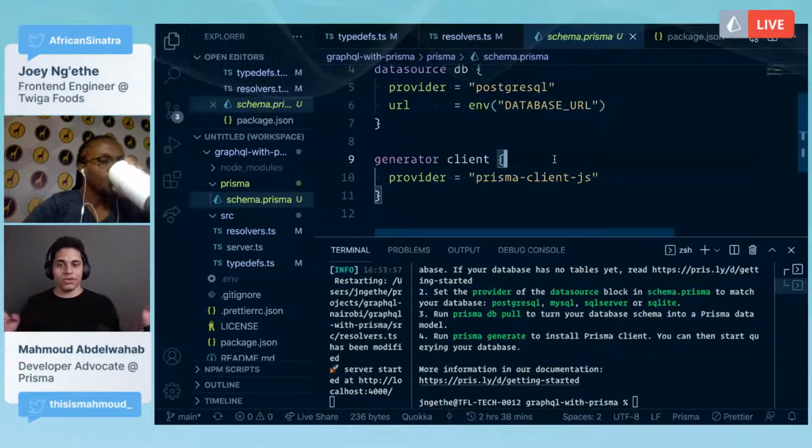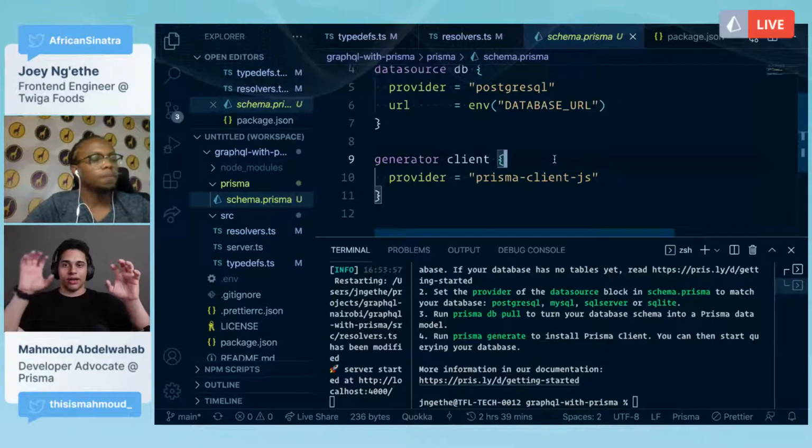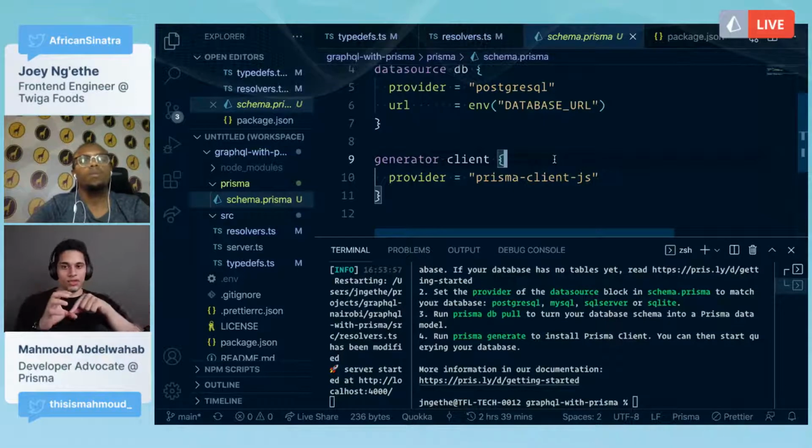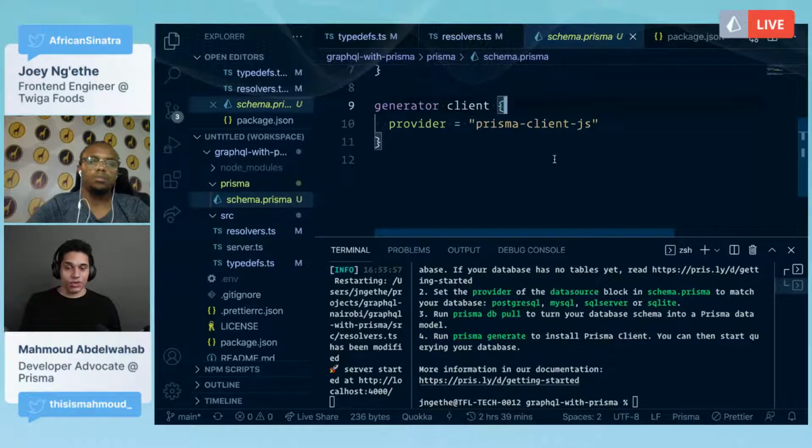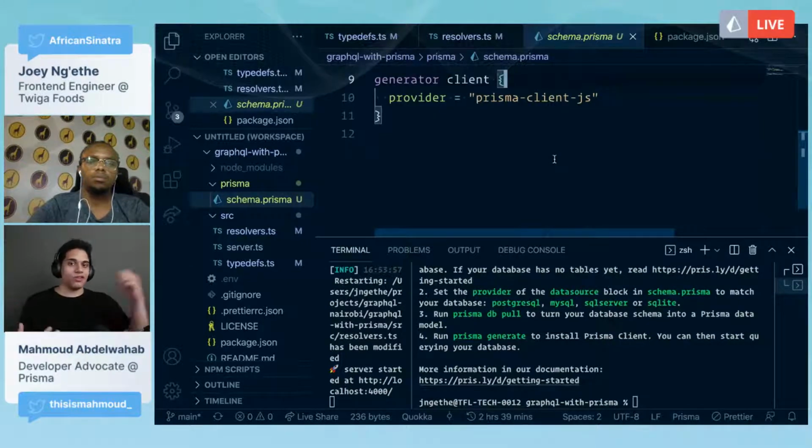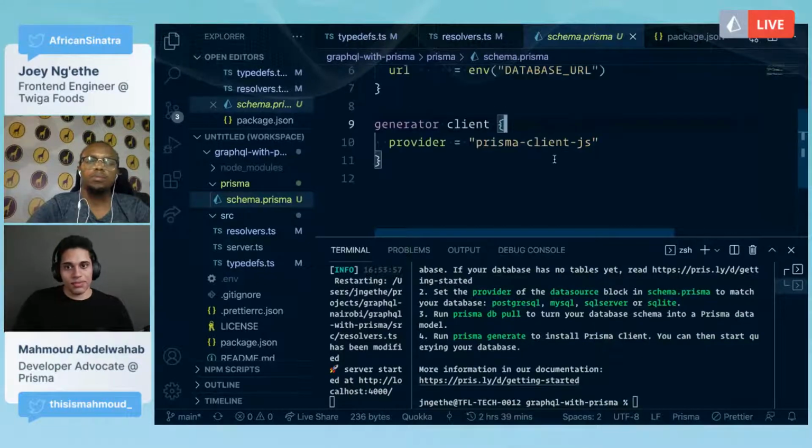When you think about it, you will have your database, you will have your API, and from your API you're talking to your database. You're doing that using Prisma. So in our example, inside the resolver, we will write Prisma queries so that we can fetch data from a database and do our CRUD operations, where we create, update, read, and delete.